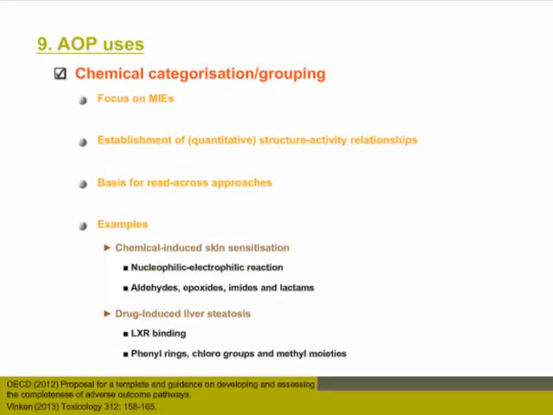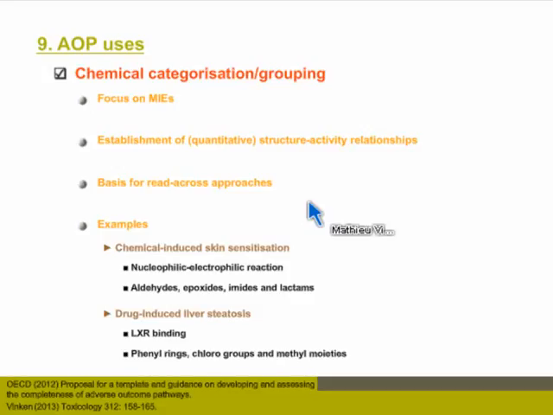So finally, I would like to exemplify how an AOP can be used. A first use of an AOP is chemical categorization and chemical grouping. I think that we all know now that specific chemical structures and specific chemical groups can be associated with the induction of specific toxicological endpoints. So this can be used for the establishment of these quantitative structure-activity relationships, which in turn can be used for read-across